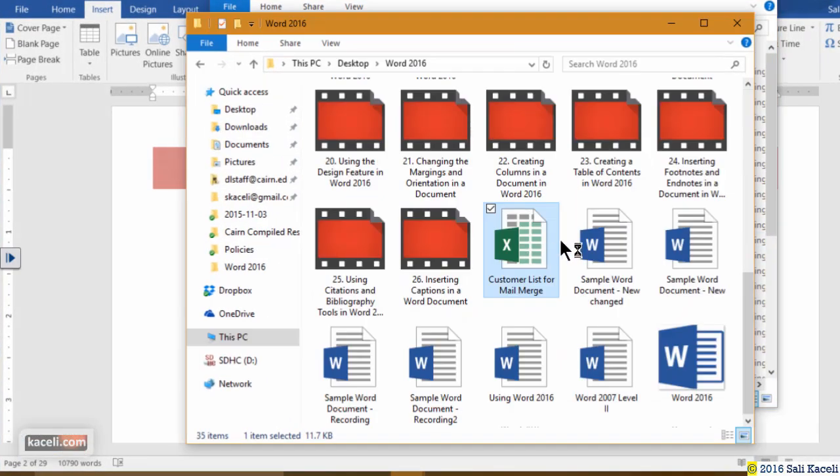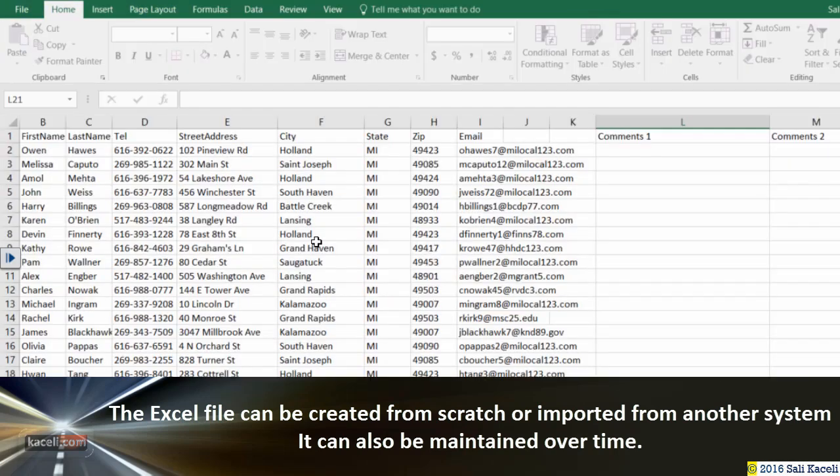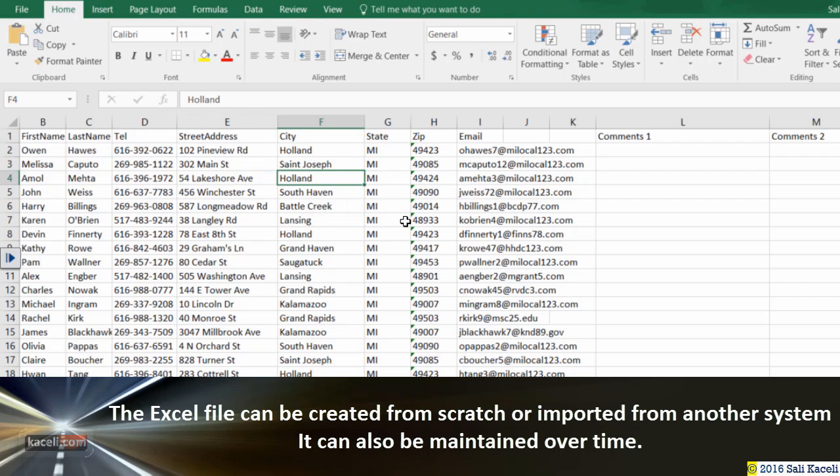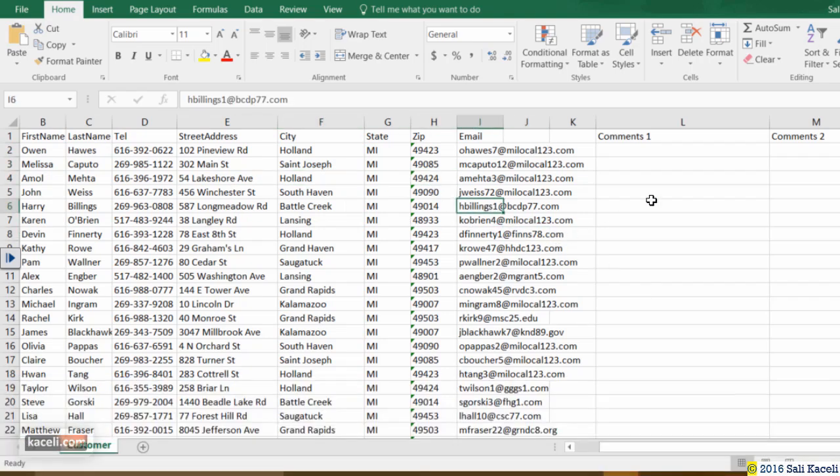So let's assume this is the list of my customers. I have their first name, last name, the street address. Of course, this is all fictitious. Zip code, and then a bunch of email addresses. And you could have also comment 1, 2, 3. So this would be customized, personalized comments. So this is the comment that I could write, for example, for customer 1. Now, customer 2, I would say,